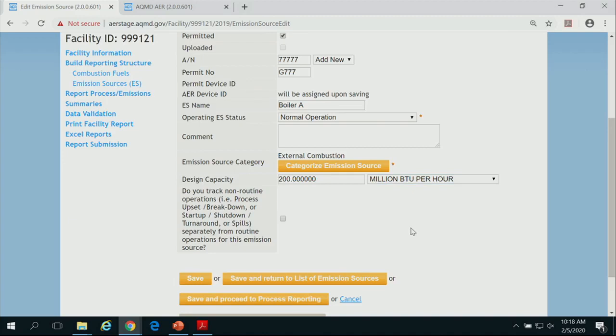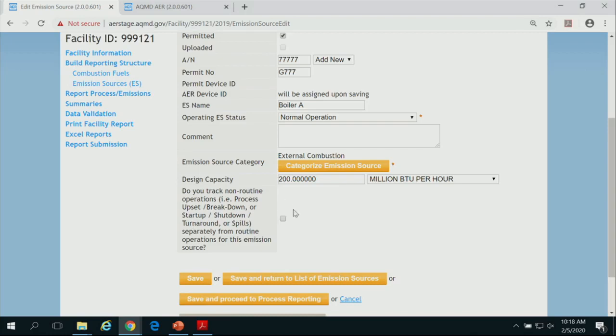For the specific question that we had here for non-routine emissions, remember in the facility information, I checked the box that I want to report non-routine emissions. Clicking that triggered an option here for you to tell the tool, hey, for this piece of equipment, it's going to show up for all the devices, but you can indicate which piece of equipment I would like to report non-routine emissions. Let's say for the sake of this exercise, this is a huge boiler.